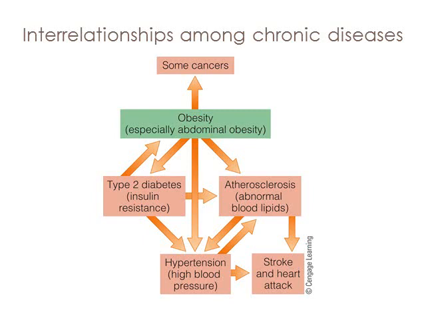Finally, in this segment, this picture is just representing that there is this great interrelationship among many chronic diseases. So some chronic diseases can lead to the development of others. Most notably here, obesity, especially abdominal obesity, or central adiposity, which is at greatest risk for some other health factors, or has a negative impact on our health, can promote the development of type 2 diabetes and atherosclerosis. Those two can then develop hypertension. Obesity itself can lead to the development of hypertension, and then these two can lead to stroke or heart attack. And then obesity is also related to the development of some cancers. So you can really see this relationship.